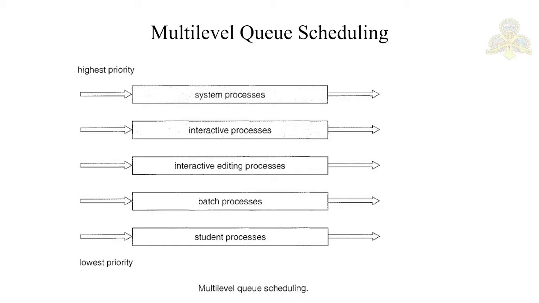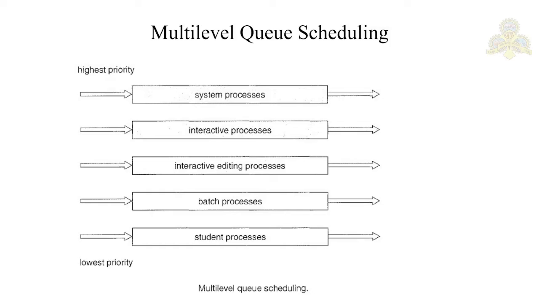So in the last class we had seen till round robin algorithm. So today we will continue the discussion with the multi-level queue scheduling algorithm. Okay. So this is another class of algorithms that has been created for the situations wherein the processes can be easily classified into different groups.